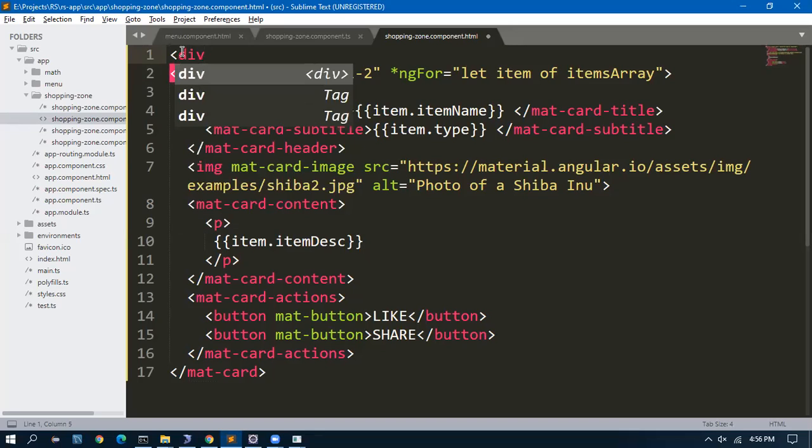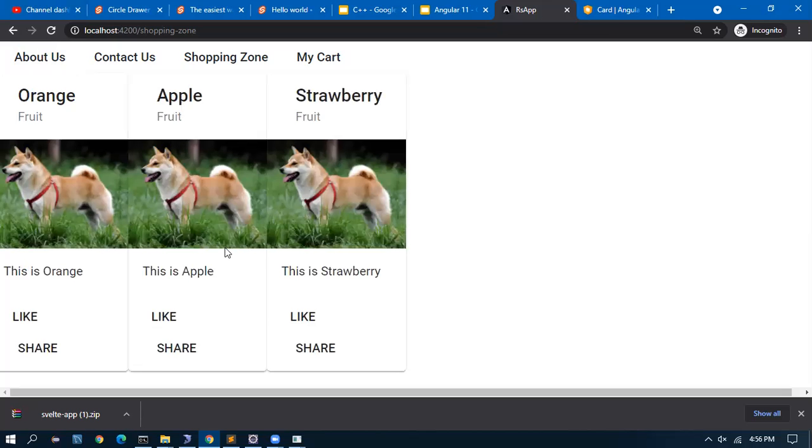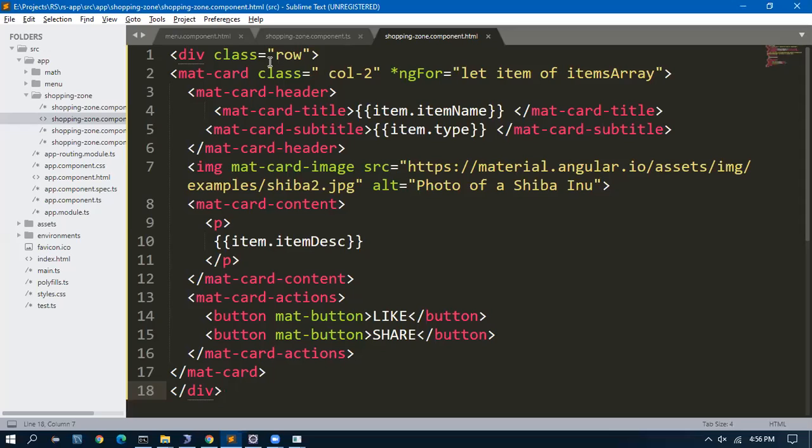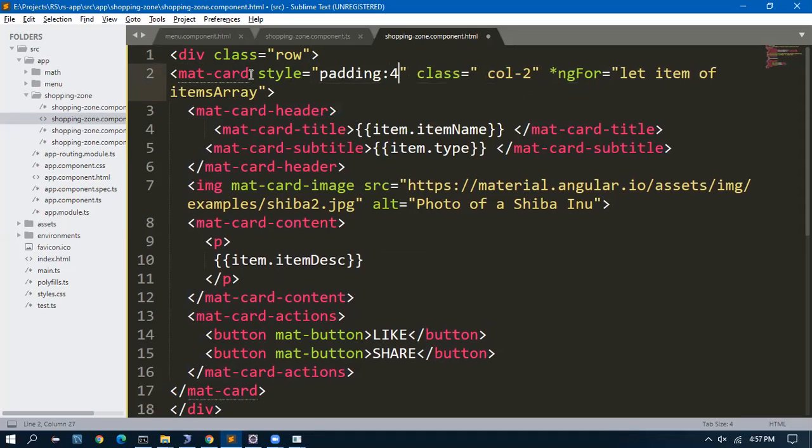So we will give a div here with class equal to row. This is the reason I covered CSS one day, because otherwise, if I start using this, you'll be wondering. So super, we have it. Now these are all touching each other. I want a space. For that, one simple thing is in the mat card, style equal to padding 4 pixel.